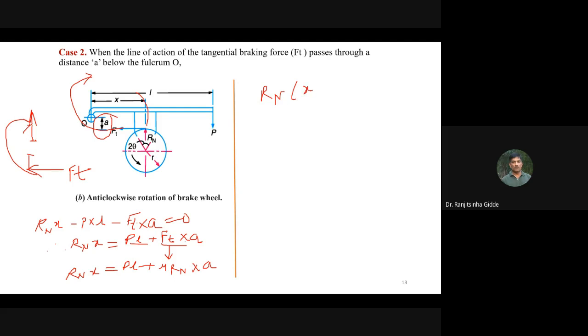Here it is Rn, so when we shift this term to the left side, I will write Rn into x minus mu A is equal to PL. So Rn is equal to PL divided by